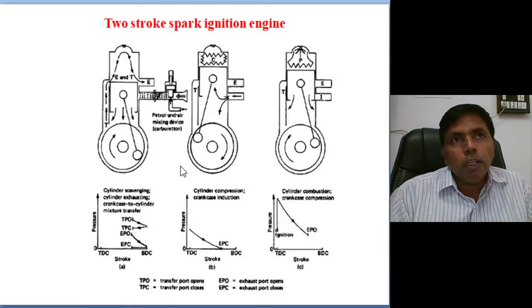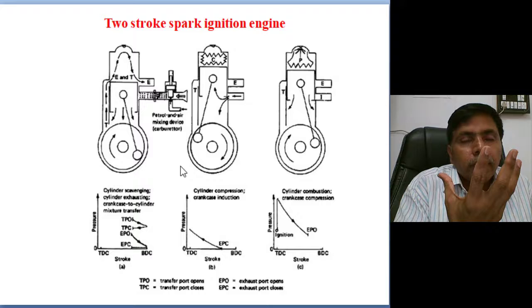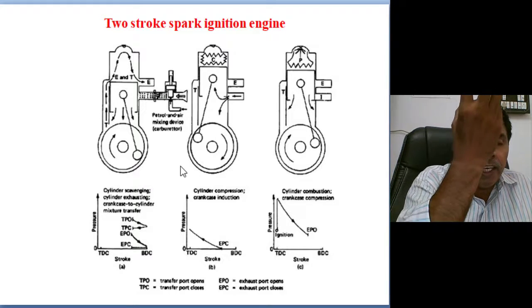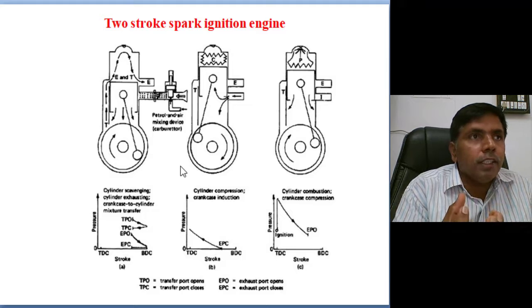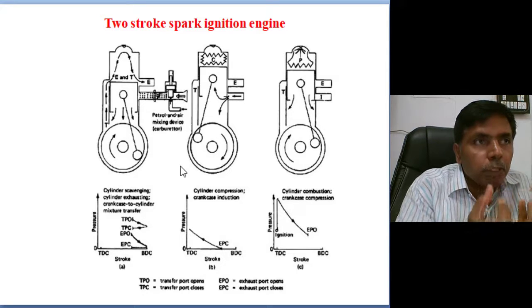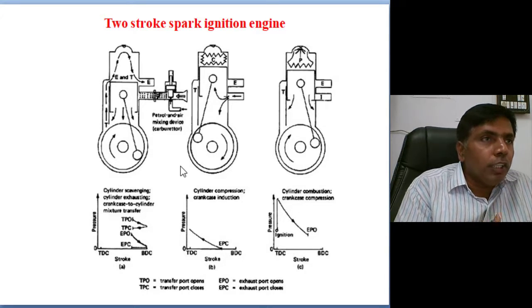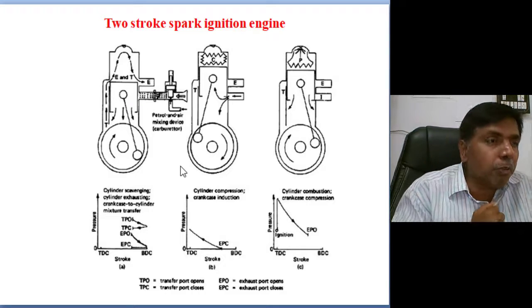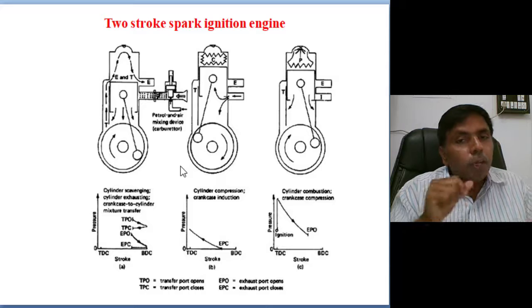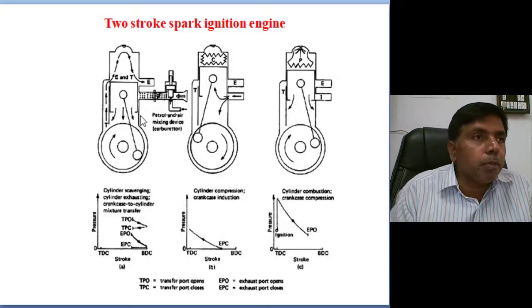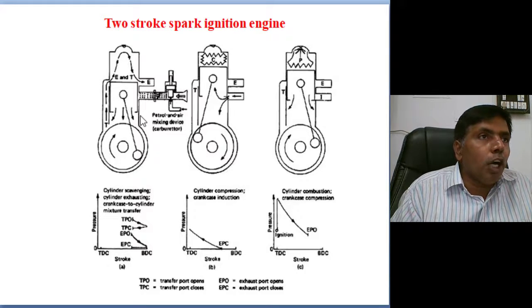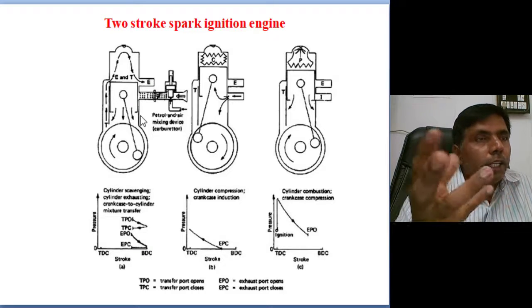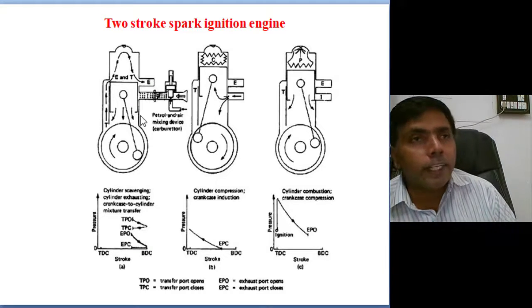In the 4-stroke, a separate splash lubricant is applied to the cylinder walls. While the piston is moving, first the oil ring will clean the lubricant, then the compression rings come into the picture. So the lubricant is not involved in the combustion phenomena in a 4-stroke engine. Coming to the 2-stroke, there is no separate sump, so automatically the lubricant enters with the fuel, and automatically unwanted hydrocarbons come.